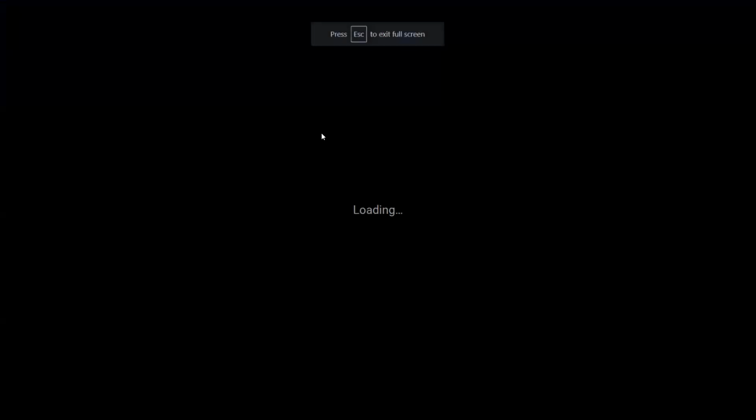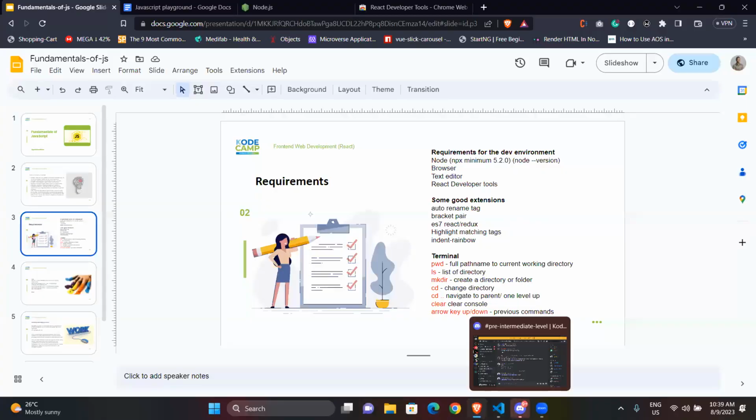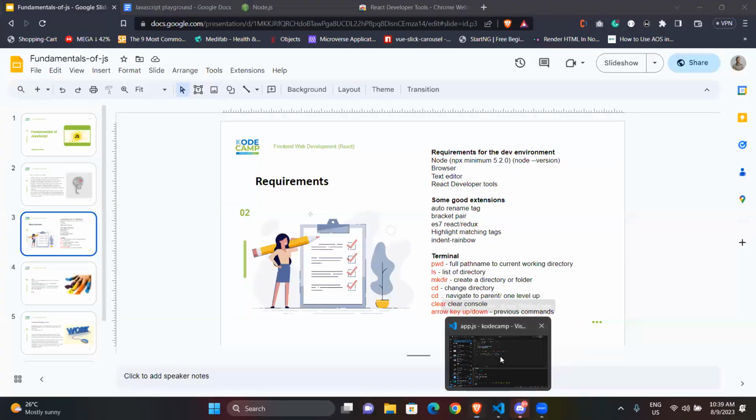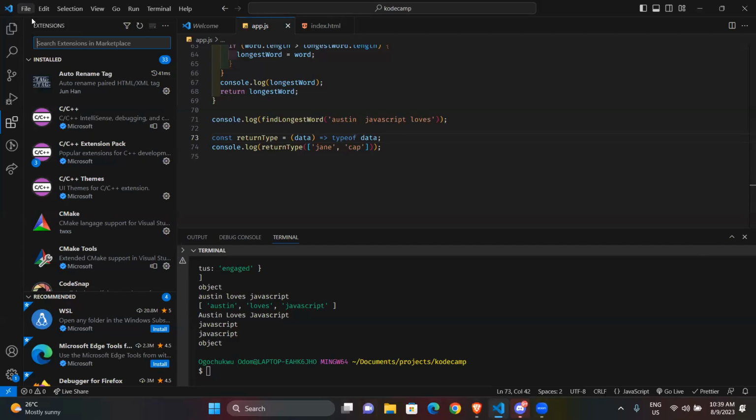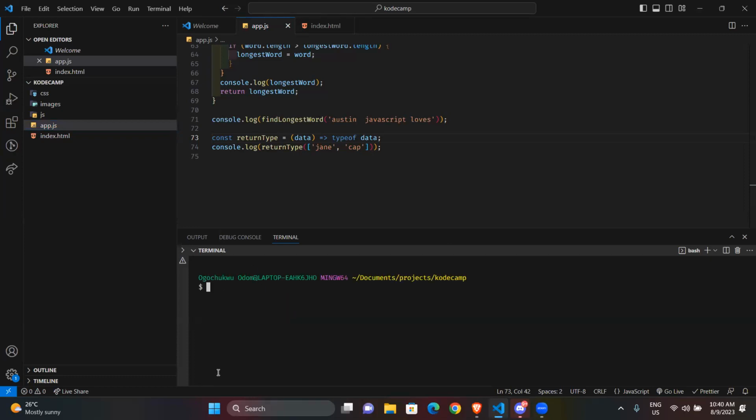So the other thing that we'll need to talk about now is the terminal. Yes, for now, I'm just showing the slides. So let me just talk about the terminal. So when you install Git, can you see my VS Code now? Okay, yeah. So when you install Git, Git gives you access to